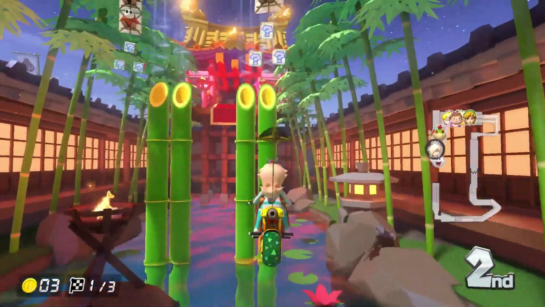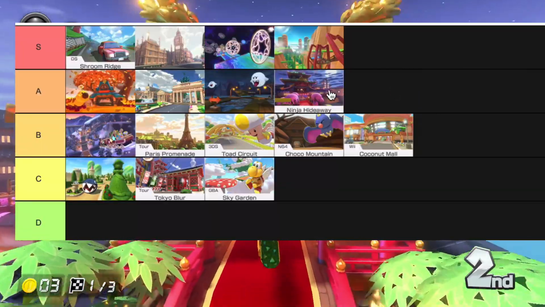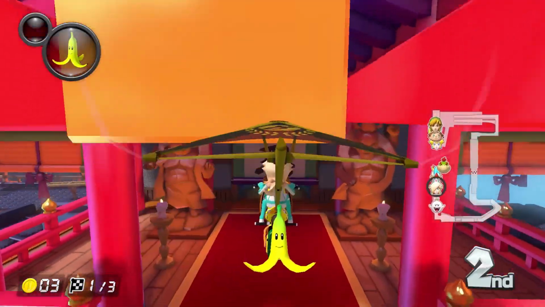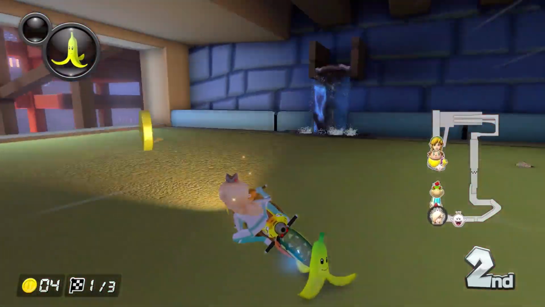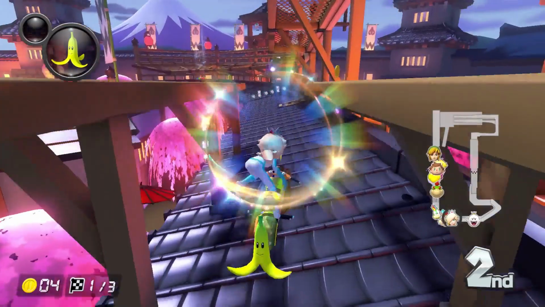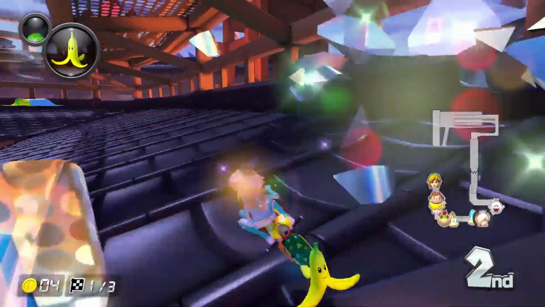Ninja Hideaway, the next course, is an original course for the DLC. I'm putting it in A tier because it's new content and it's one of the best courses in the first wave of DLC. There are arguments to be made for putting it in S tier, but for me personally, A is enough. It's got a fabulous samurai theme with the Japanese castle, and the track excels at having multiple paths